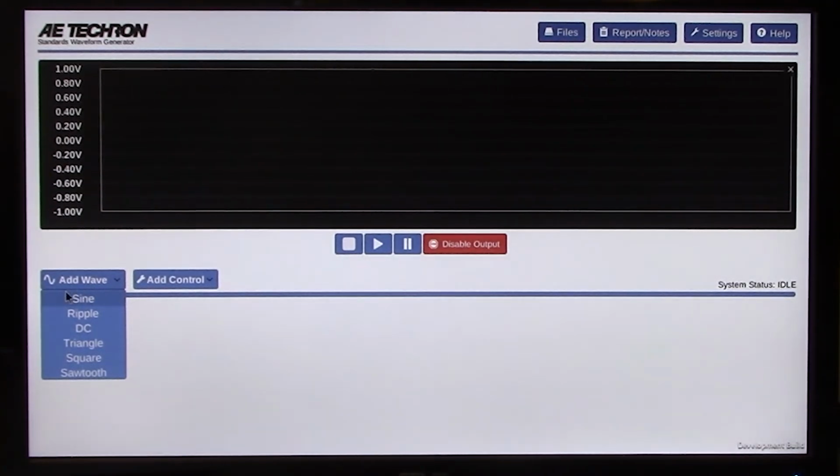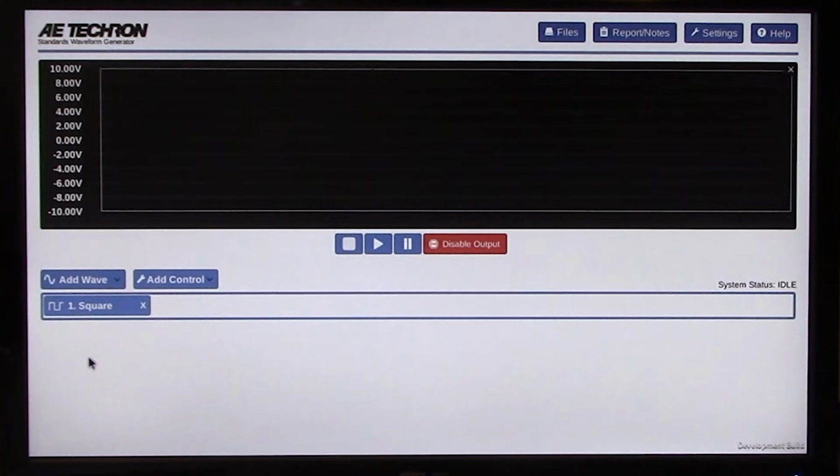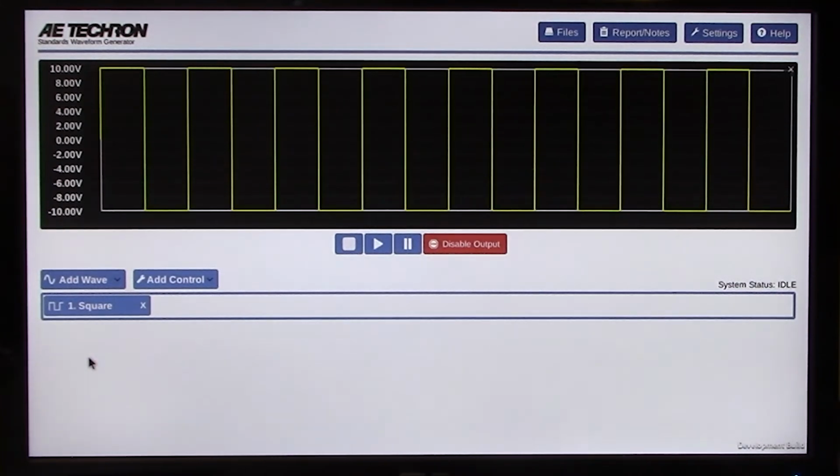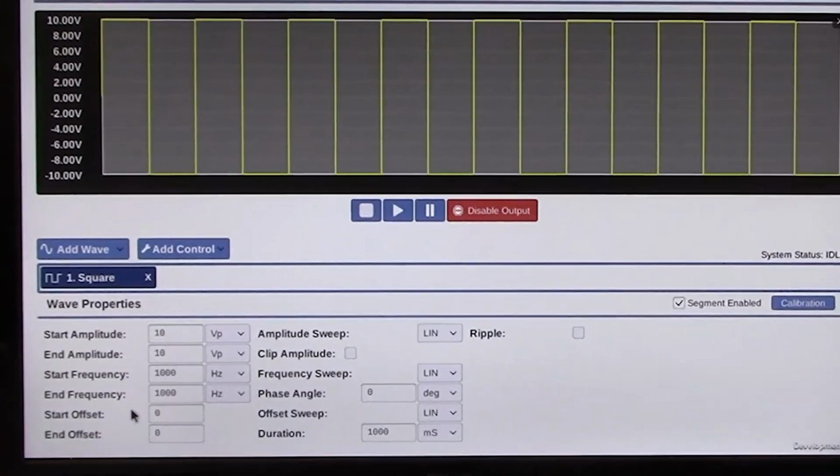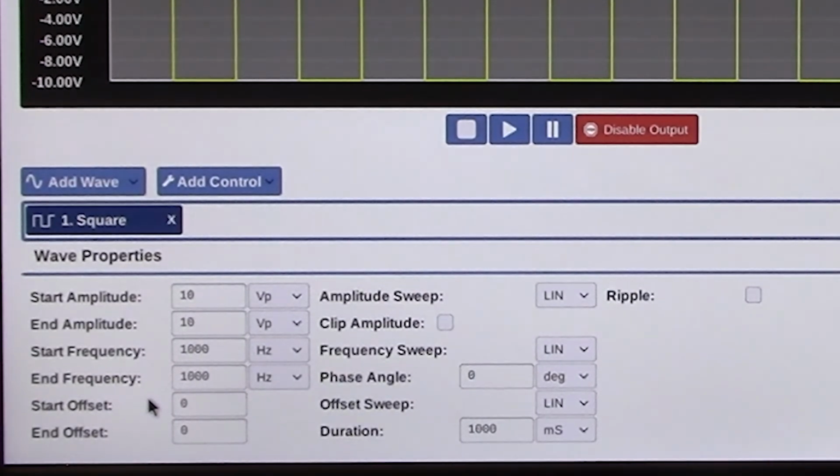Let's go ahead and click on the square wave. Excellent. It just popped up right there. And you will see it does have some of the waveform characteristics on the graph right there. Now, should you want to modify those and a couple other characteristics about these particular series of waveforms, all you have to do is click on the series of waveforms. So you see a square right there. And just below that, you will see a start amplitude, end amplitude, frequency, offset, as well as a few other waveform properties or characteristics that you might want to modify.